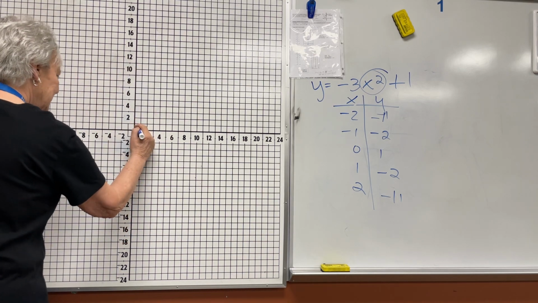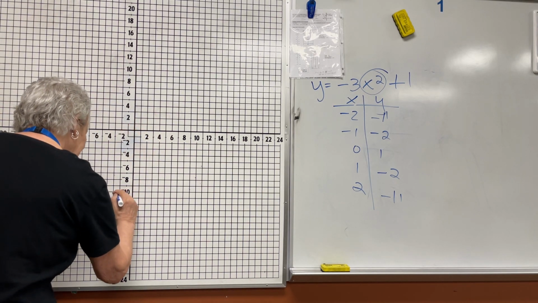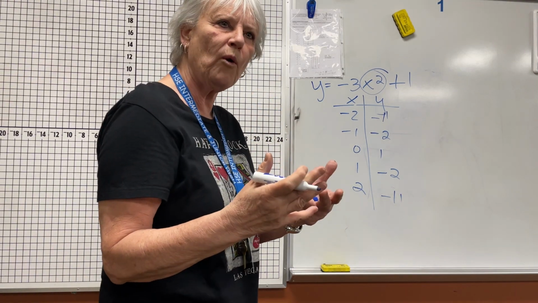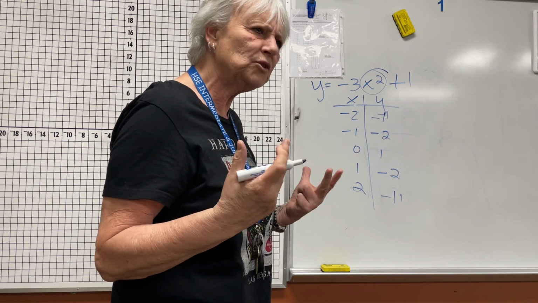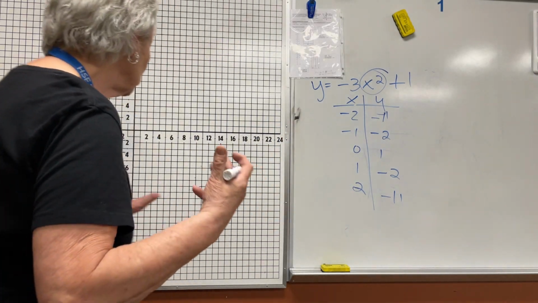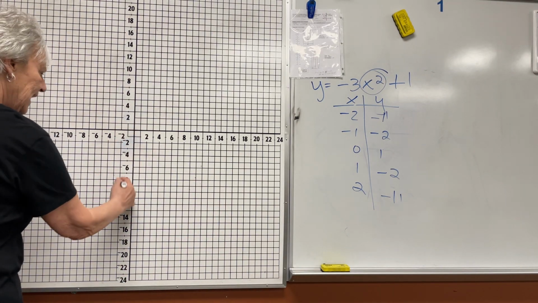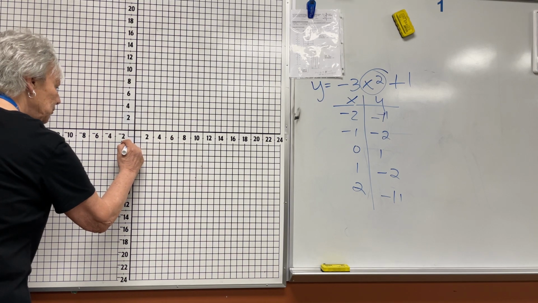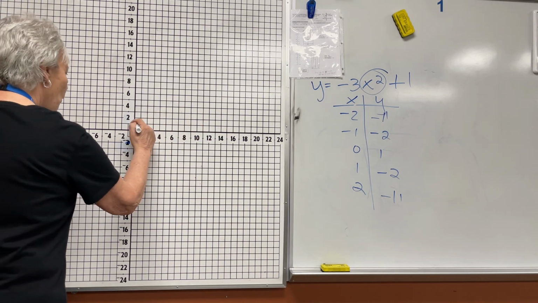Negative 11. Negative 2, negative 11. And see, I knew right away. When I was putting these points in, I saw, oh, this one's not going to be upside down. Something's wrong. Okay? So negative 2, negative 11, negative 1, negative 2, 0, 1,